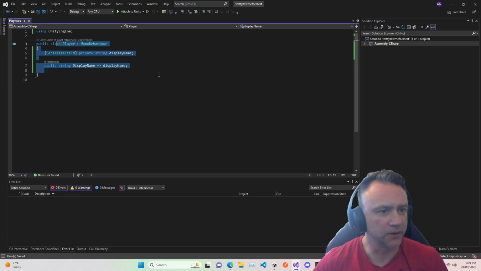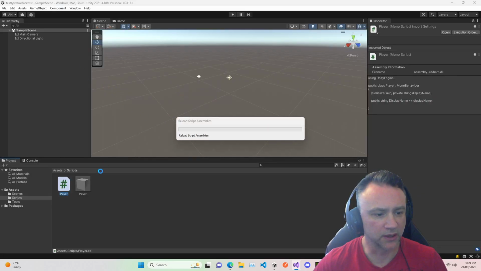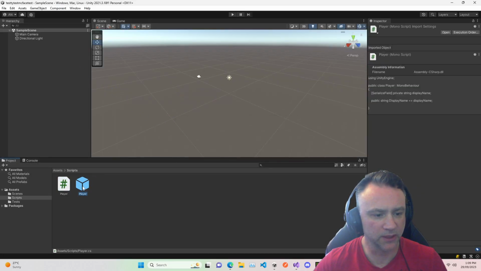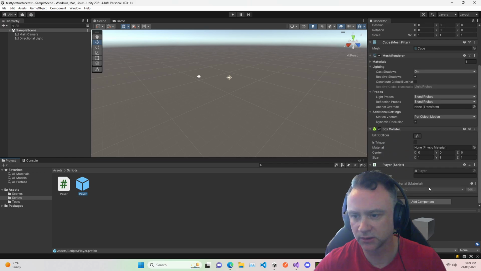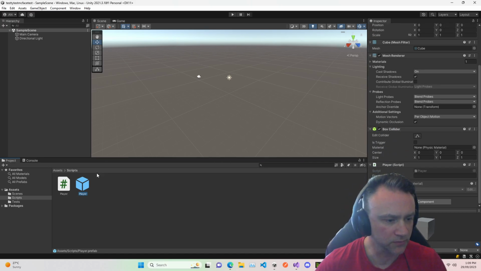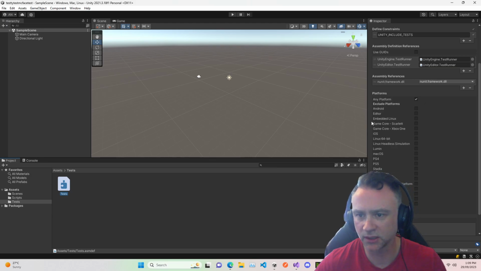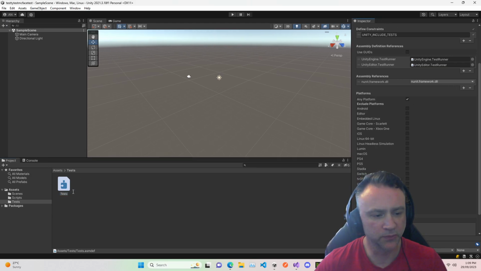So we've made our player object. We have it on our player prefab, which is over here. There it is, and you can see it's got no display name at the moment. Let's leave it blank. In the meantime, we have our test assembly here, but for it to recognize your scripts,